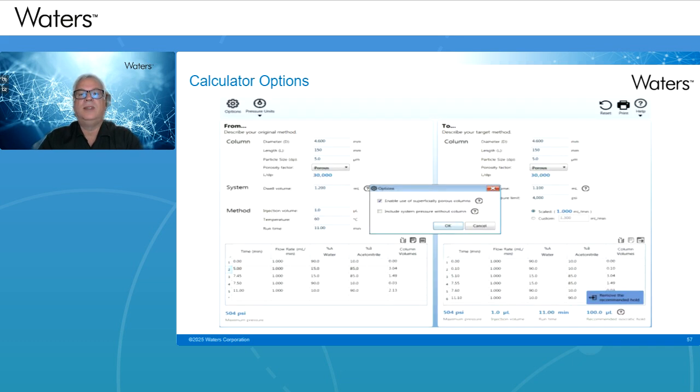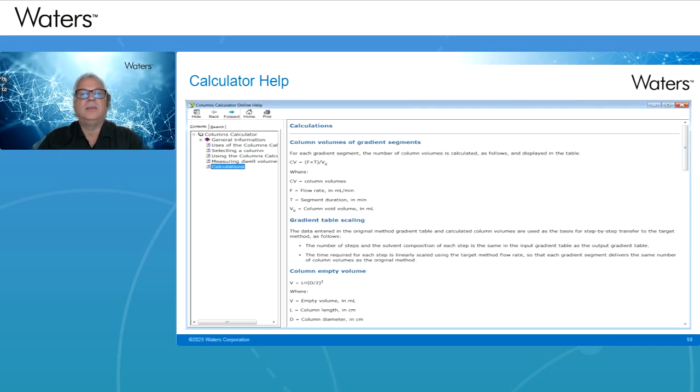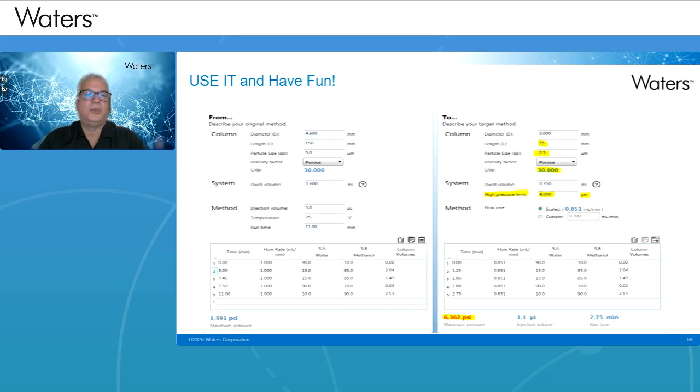Okay, so this is the calculator. We have the options to use the fully porous or not fully porous. You can also choose the unit, if you prefer to use bar, Pascal, and the other one is PSI, obviously. So you can look at that. That's one thing. And all the help, as I was showing you before, all the calculation is written there, so you know where it comes from. So how do we calculate that? And also for the dispersion and the dwell volume. And I would say have fun with it.